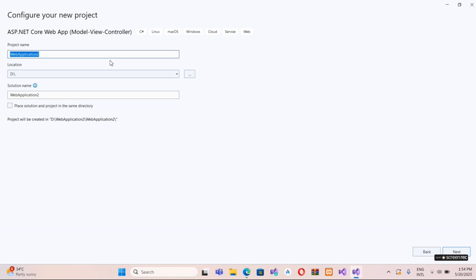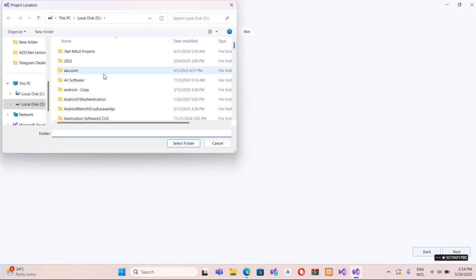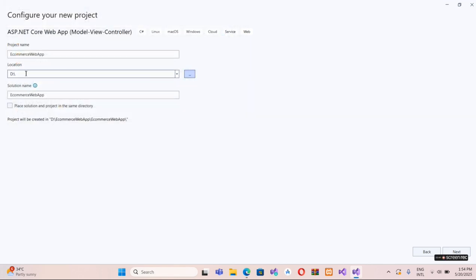I can set the name of the project, for example e-commerce web application, and now I can choose the directory, the path location where we will store our web project. I can select this folder and a solution name like this. So after that we click next,